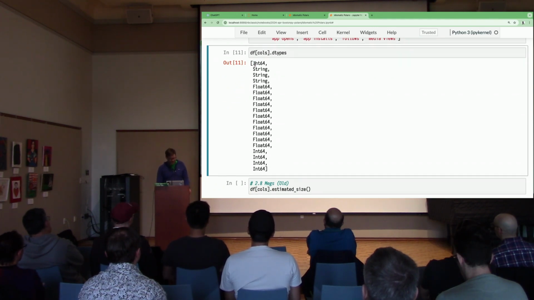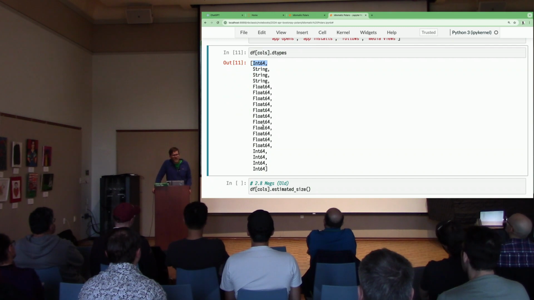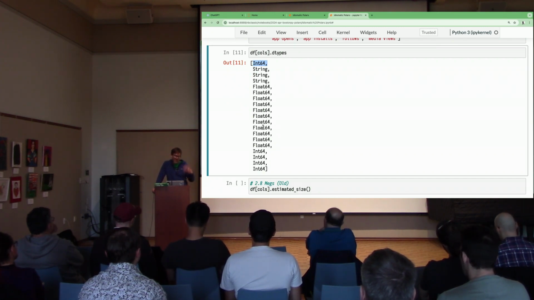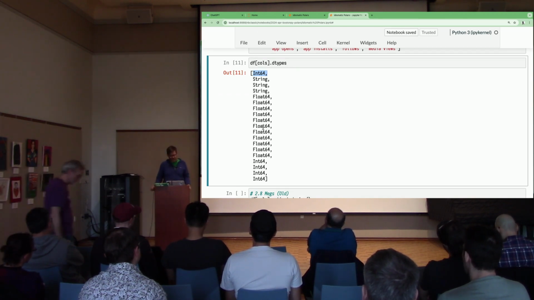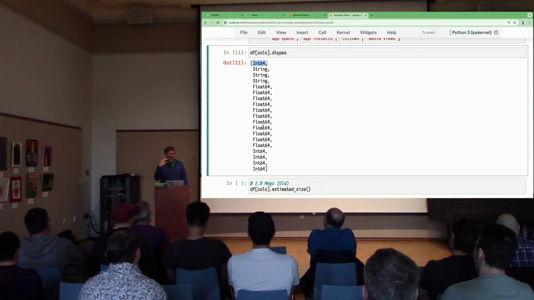And you can see that this says int64, this says string, this says float64. So again, one thing to note is that these are not Python types, right? There is no int64 in Python. There's no float64 in Python. There's a string type in Python, but these are not Python strings. What's going on here again is this is written in Rust, and so there is a Rust library, and Rust